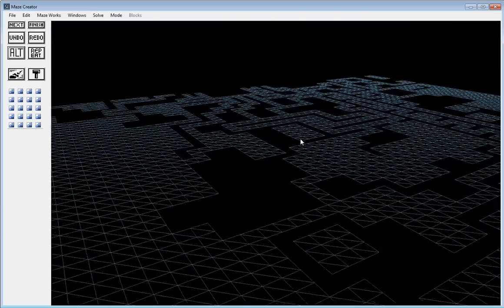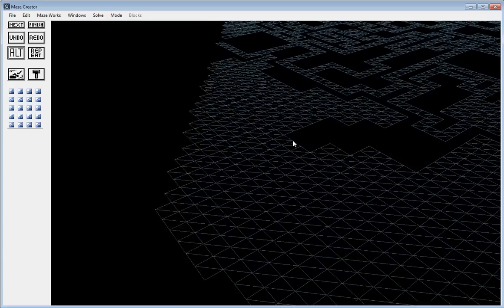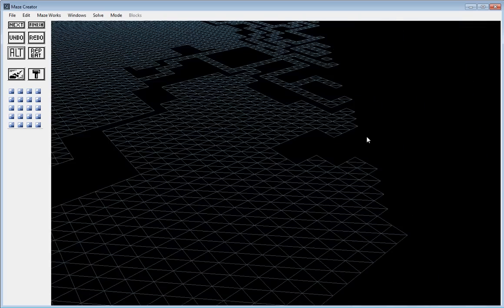In this game each tile would be a chunk, and if I move the camera fast enough, you can see that